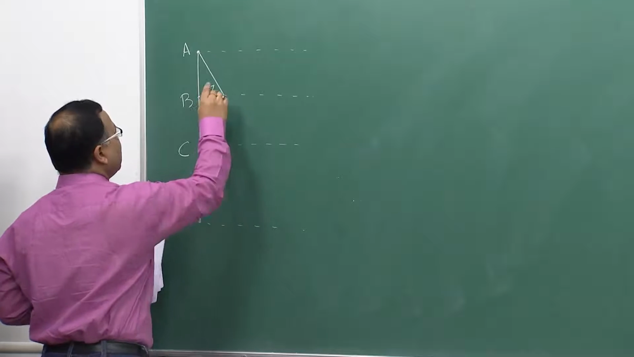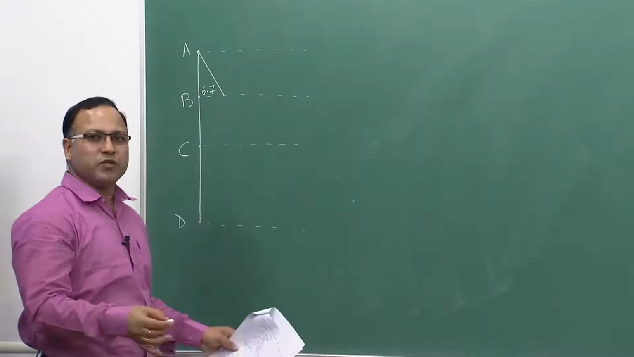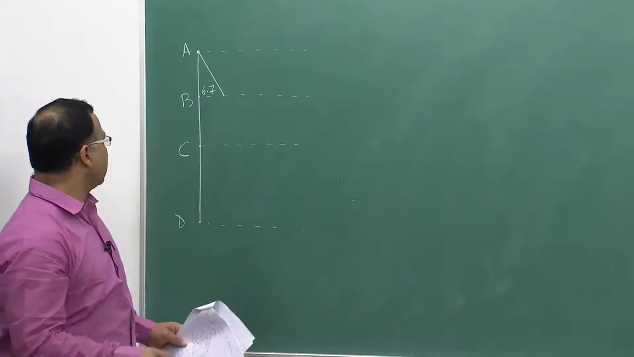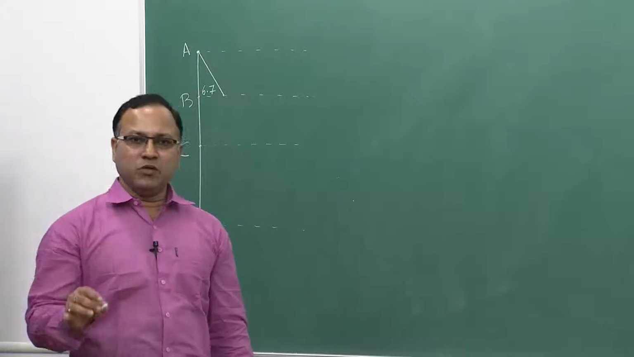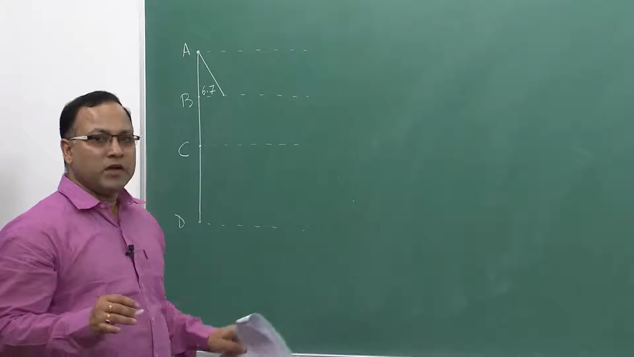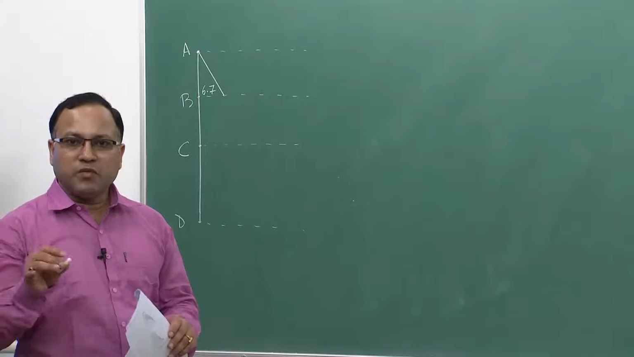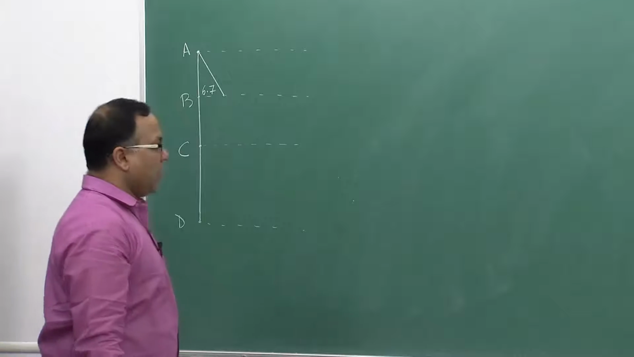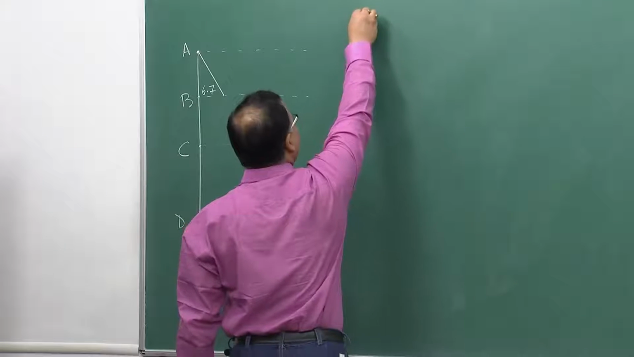I am not writing kilonewton per meter square everywhere, because the figure will be congested. So, I am writing only the numerical value. However, all numerical values will have the unit of kilonewton per meter square. Now, we are going to calculate